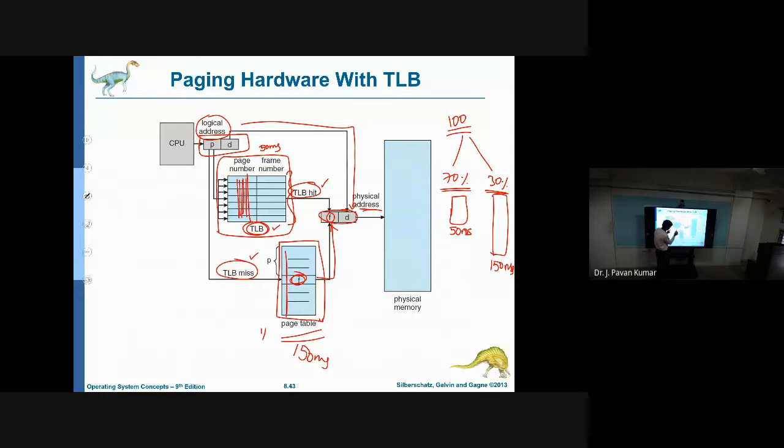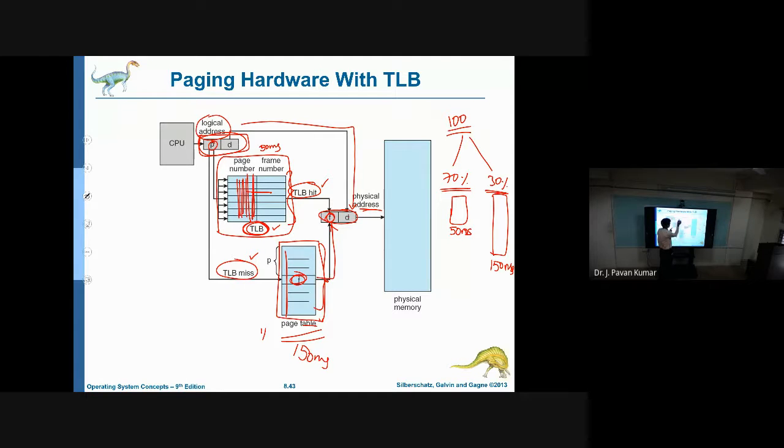See, the TLB is nothing but whatever data we want to access from the page table, some part of it we keep here so that we need not search the entire memory. That is the intuition here. Now, whenever we want to convert a logical address to a physical address, the offset will be mapped directly. But from the page number, what we have to get is the frame number. So how can we get the frame number? By searching in this particular one.